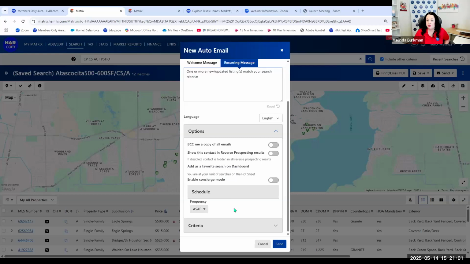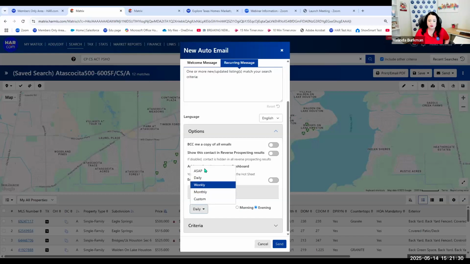ASAP, it would probably be fine. There's not a lot in this area that's for sale. So something that comes up might get snatched up really fast if you choose daily in the evening. Okay. So if it came up at 9 o'clock and the morning one went out at 8:30, it goes active at 9 o'clock and it's already under contract by the evening. You might never see it. Your client may never even get it in their portal.